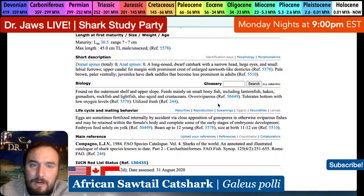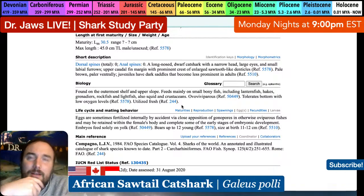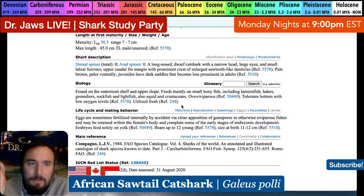Tolerates bottom with low oxygen levels. I'm kind of curious about what the chemistry is for deep water environments. That's actually really interesting that they have that note, because I know in the Chesapeake Bay we have this unfortunately infamous thing called dead zones, where there's no oxygen on the bottom of the deep parts of the bay,